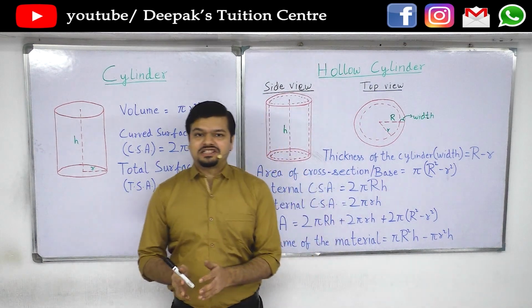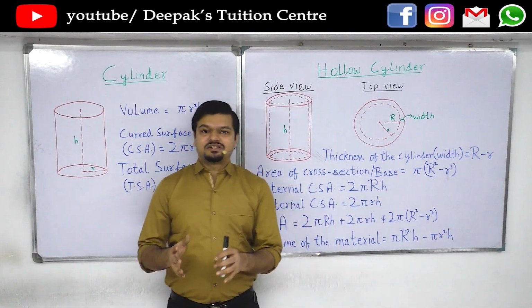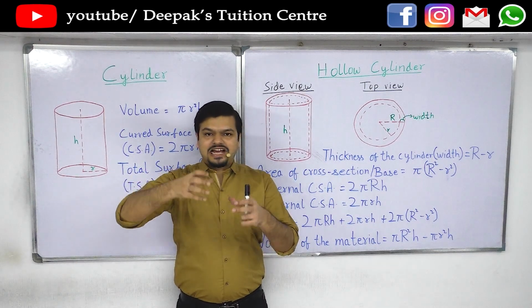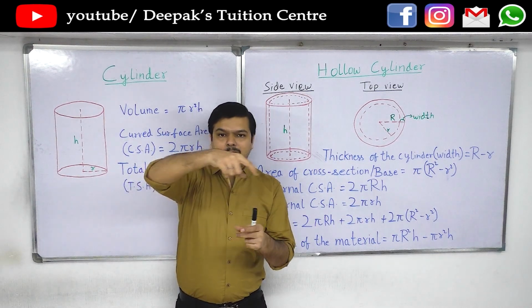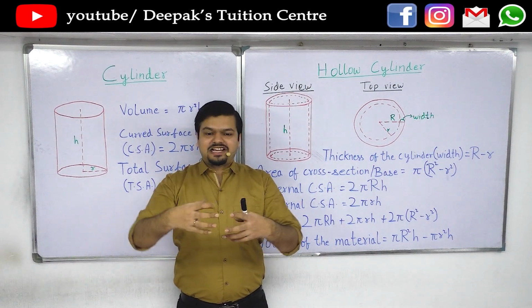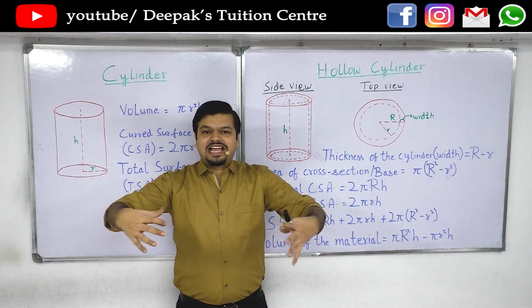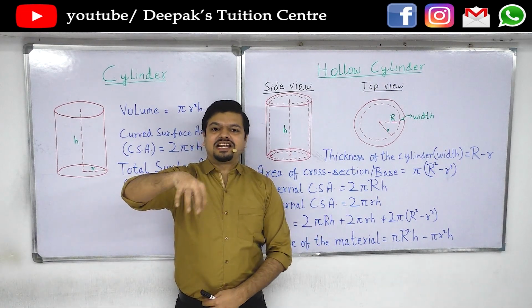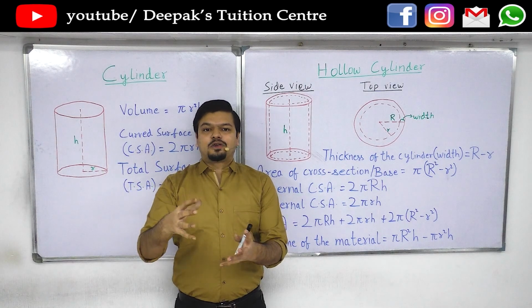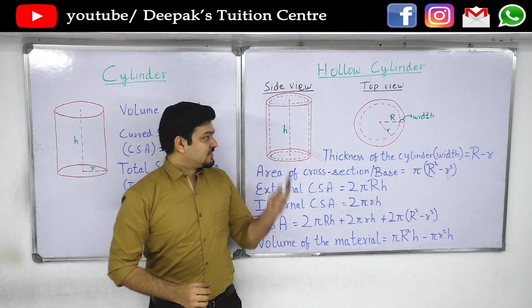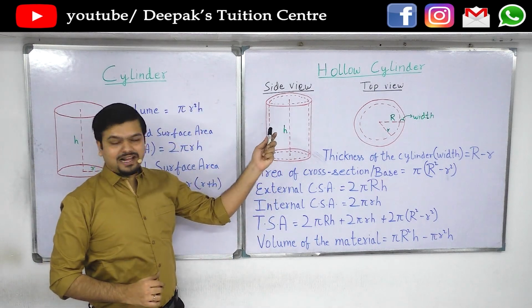We also have hollow cylinders in our syllabus. Hollow cylinder is basically a cylinder which is empty in between. So there are basically two cylinders. They are not two cylinders, they just look like two cylinders. One cylinder is basically the area that it occupies externally, and the other cylinder is basically the volume that it occupies internally. That is the empty space. Both look like cylinders. So this is how a hollow cylinder will look like.